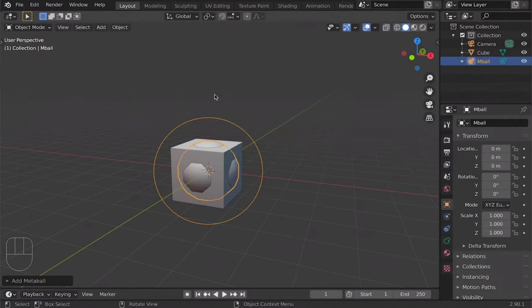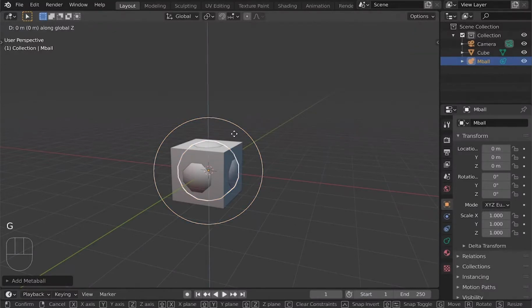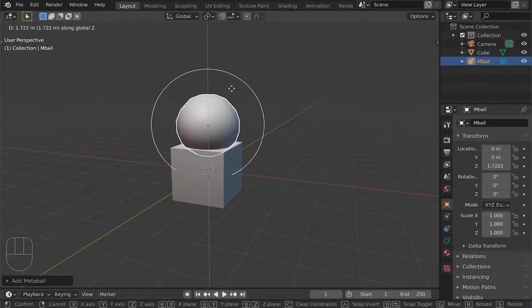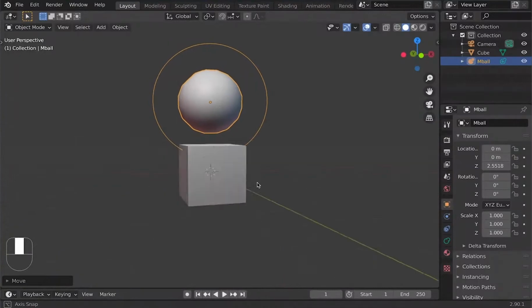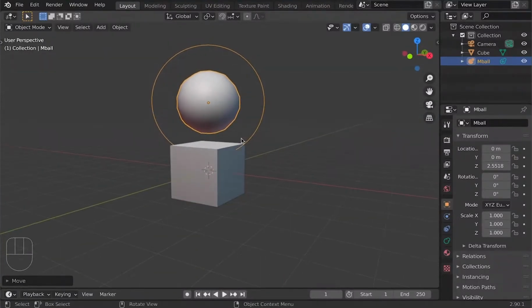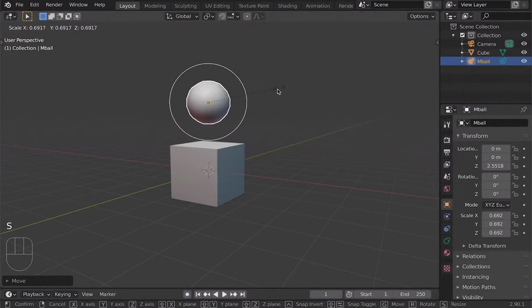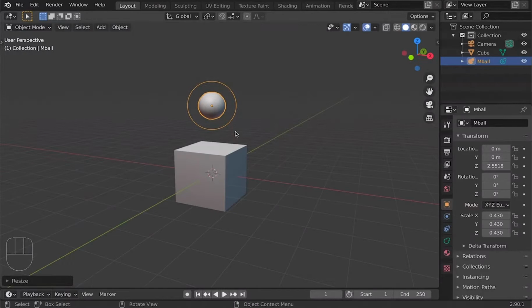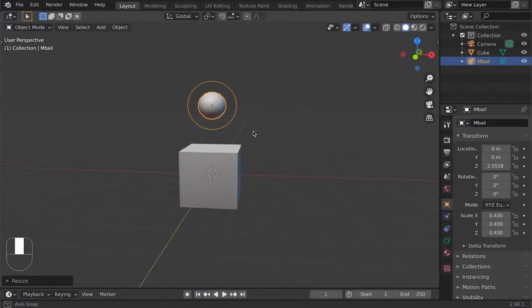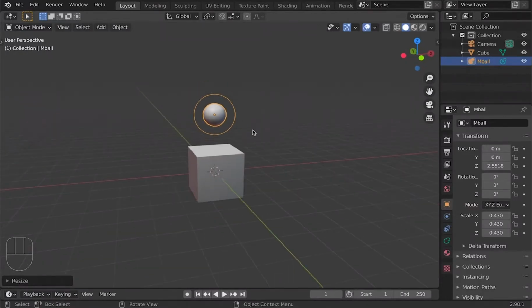So we need to move it up. And now we know how to. So G and set. And just pull it up. I'm not going to do this really precisely because I just wanted to hover over the cube. Something like this. And I want to scale it down. So I press S to scale it down and just move it in a bit. Something like this. And then I want to show you or introduce you to another tool, a shortcut, which is